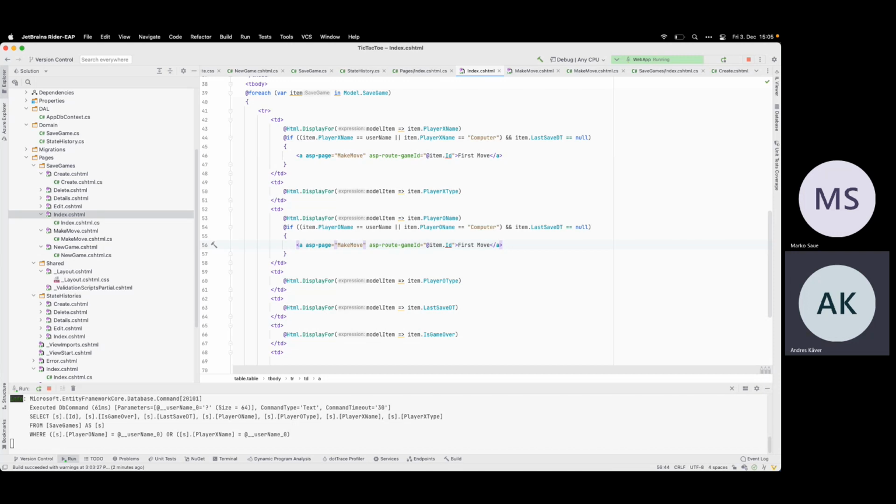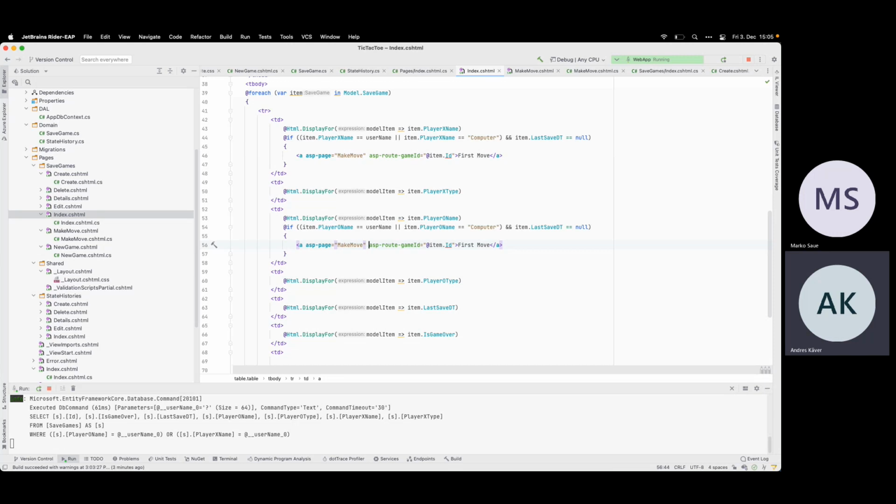That one I already have because I have the username stored in the cookie. And I already have your type from the database. That one is saved there, that you are either human or computer, and you are either X or O. And if you get into the make a move page, then basically I have everything. I only need this game ID. With the game ID and the username, I have all.